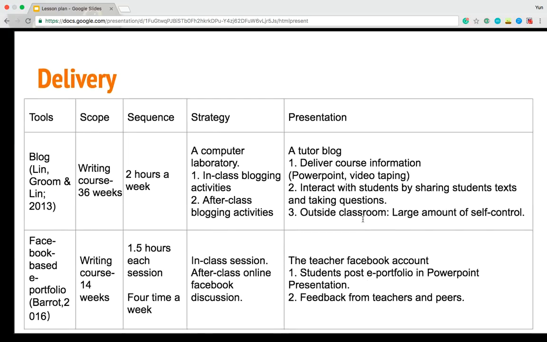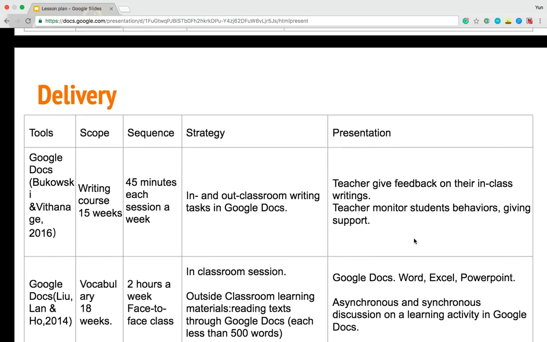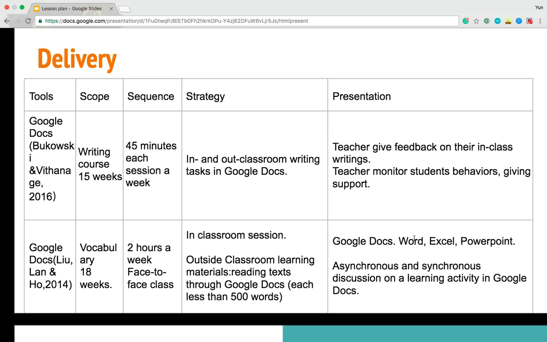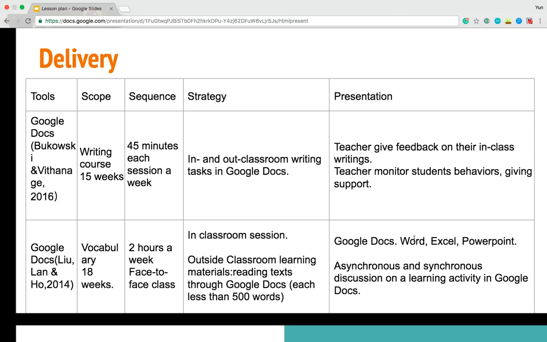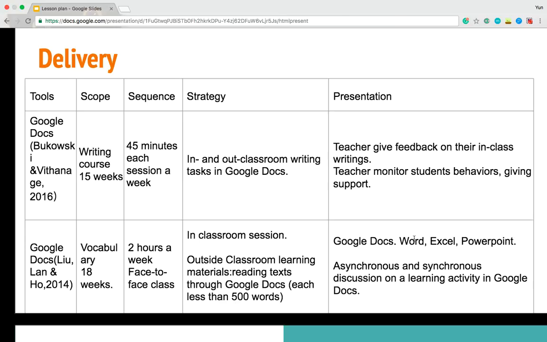So here's the delivery in all those studies. Some common concerns related to delivery is that Web 2.0 based learning activities require a lot of online text-based discussions. This could be asking questions for teachers or giving feedback to peers. Their unfamiliarity towards web-based learning may lead to cognitive overload, while in addition to the information they need to digest for their English writing tasks, they also need to figure out how to accomplish all this in a web-based